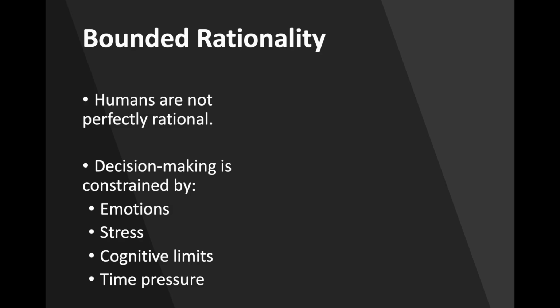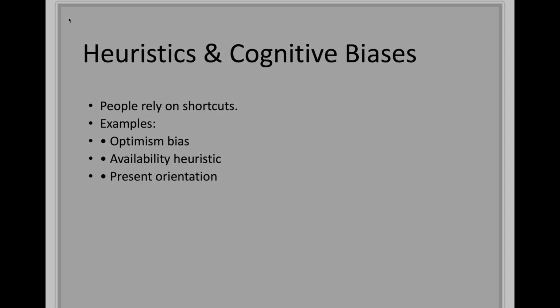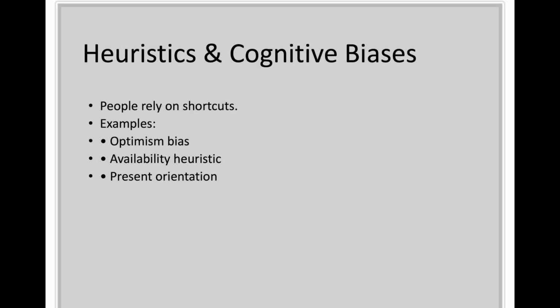A weak critique would say that people are irrational, so deterrence theory is wrong. But a stronger critique would say that decision-making is bounded and situational, which means that deterrence effects are conditional rather than universal. That is a much more sophisticated criminological reasoning. Now we move into another major refinement of rational choice theory, heuristics and cognitive biases. Research by Paternoster, Pogarsky, and Pickett often examined how offenders rely on cognitive shortcuts when evaluating punishment risk in decision-making.